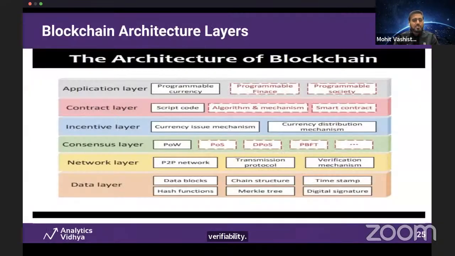Then architectures. This is quite technical. Maybe if I get time in other sessions, I will try to explain how a blockchain is actually made and what the pieces are. A consensus layer is there, a network layer is there. As I was telling you before, you can make a career on the blockchain engineering side, so you can pick these topics: consensus algorithms, networking, transmission protocols, gossip protocols, digital signatures, Merkle trees, how these actually work, and you can get the actual information out of it.